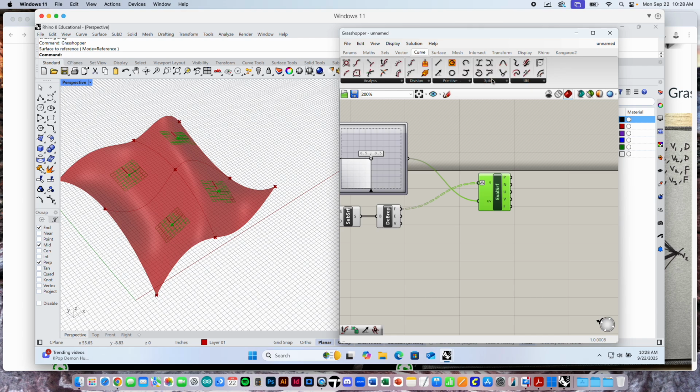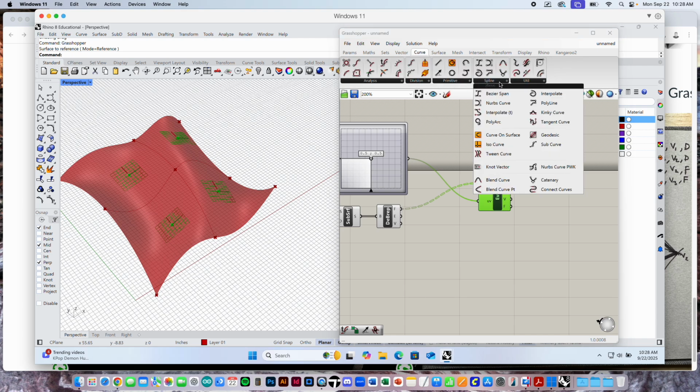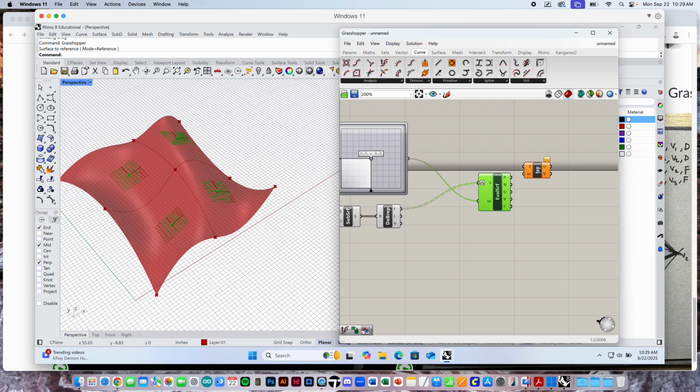If I go to curves, I think I showed this the other day. It's not necessarily obvious though, so I'll show it again. And I go to splines and I find isocurves, right? Those are the isoparms, the curves along the surface. Think of those as latitude and longitude lines. And if I click that out, it's going to give me a U isoparm and a V isoparm, an equator